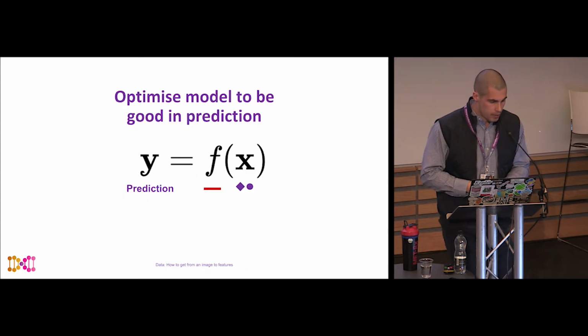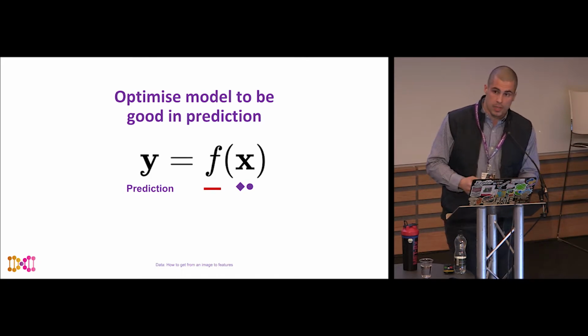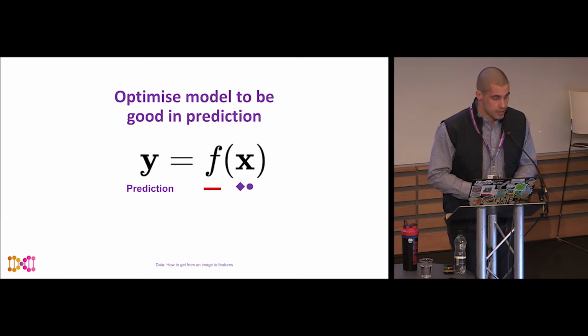Then, once we have these visual features that we extracted using the filters or whatever mathematical operation we came up with, and we get our diamonds and circles, we feed them into our function, which is f, the line, and we optimize the model to find the best fitting line, just a standard linear regression, to get the best possible prediction. And this is all there is to machine learning.